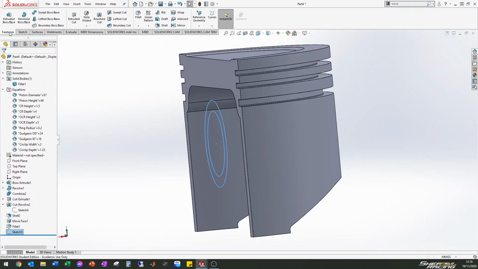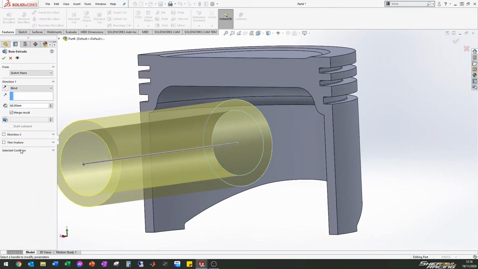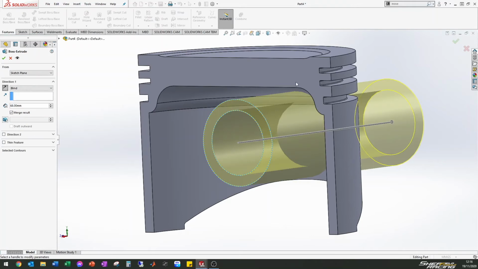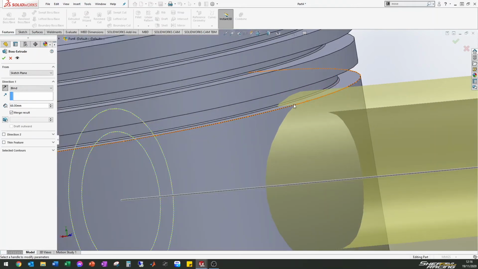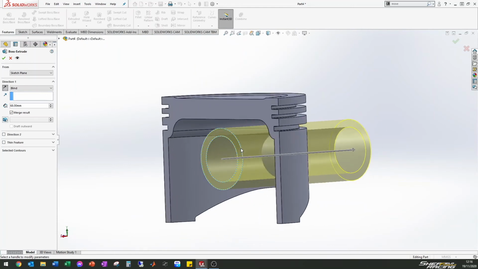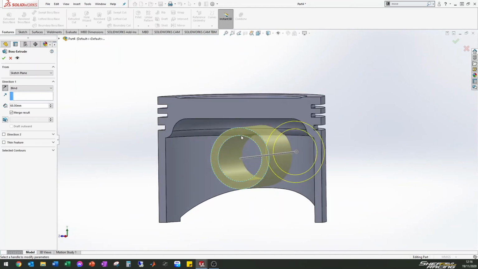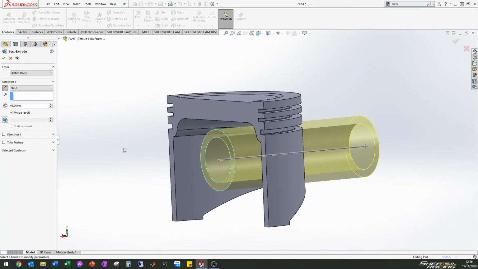If you were to use the extrude boss base feature and change the direction so it goes through it, you can see that we're going to get some unwanted material here, which is not what we want. So unfortunately for this, we're going to have to do this in 2 steps. We're going to have to do the outer diameter and then cut the through hole. So where it says selected contours, if I get rid of this and then just select the outer diameter,